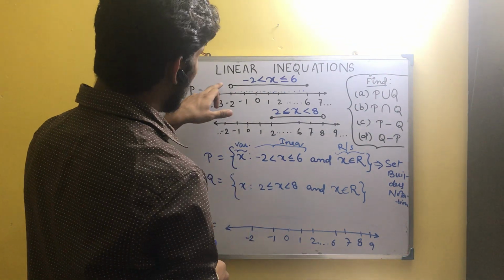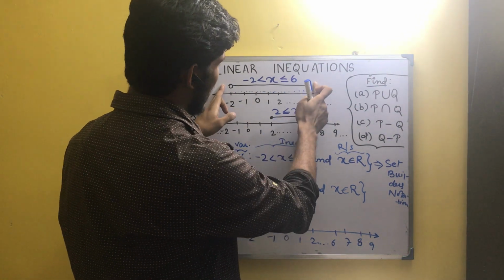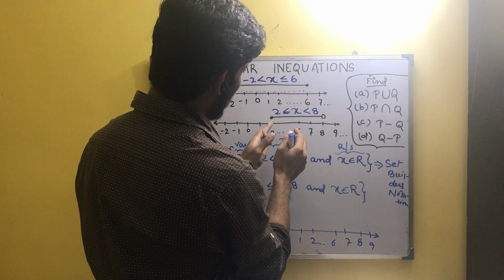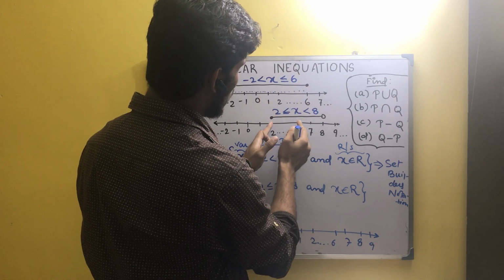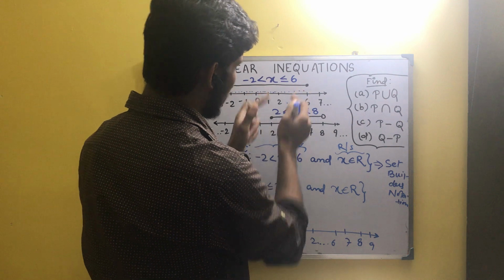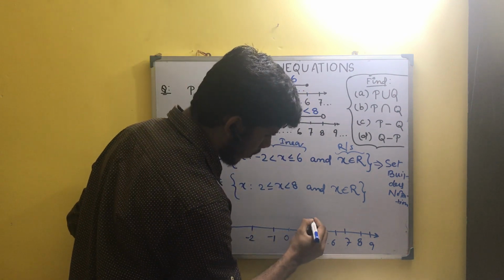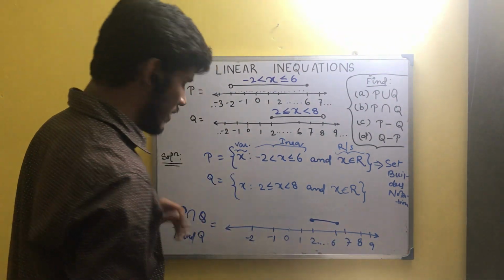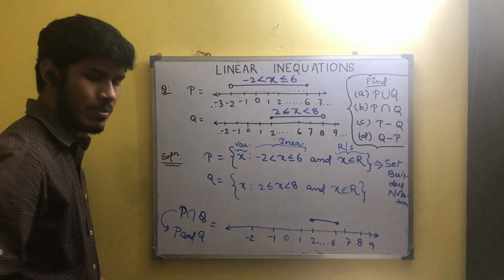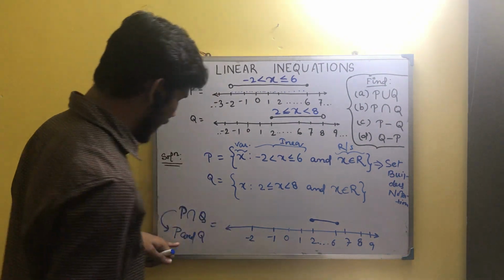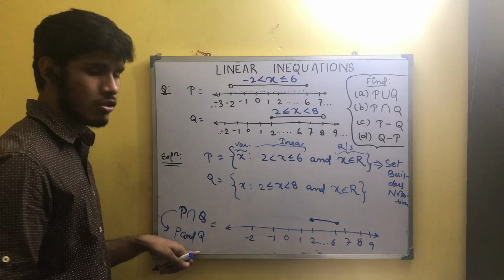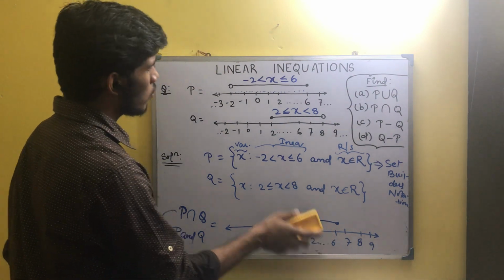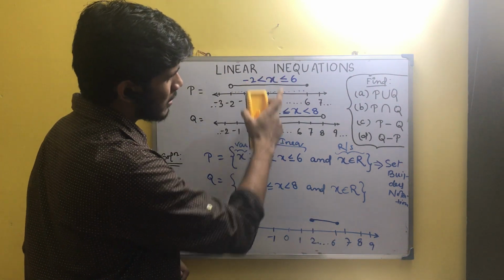Now what are the values that are common to both P and Q? Here you can see in P the solution ranged from -2 to 6, and here in Q the range was from 2 to 8. So of these two, we can see 2 to 6 is common in both, isn't it? Both ends have been included in both the sets. So our answer will be from 2 to 6 including both, isn't it? So this is P intersection Q, that can also be called P and Q, which means the elements that belong to P and also belong to Q only. So 2 to 6, all these values are the only values that belong to both P and Q. That is common to these two lines.